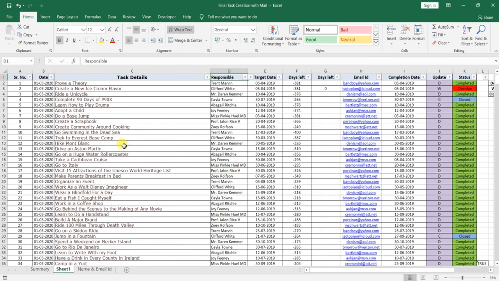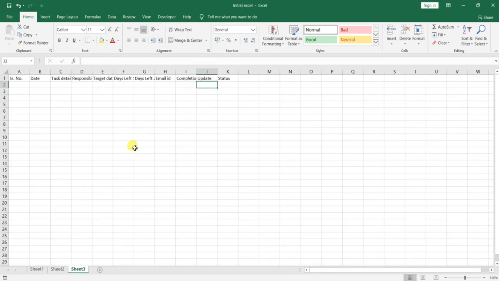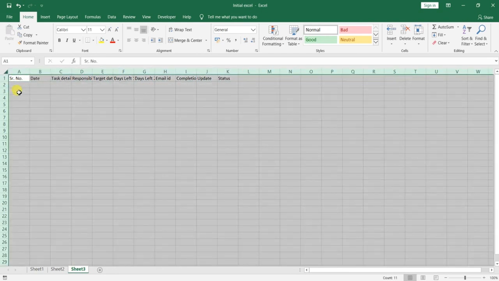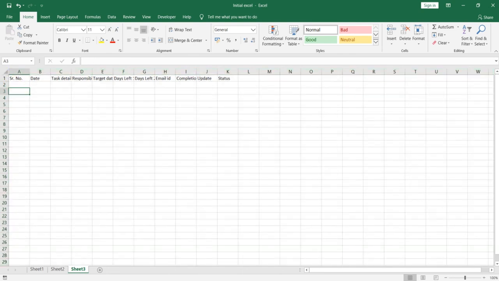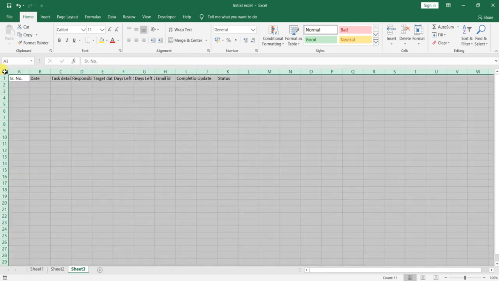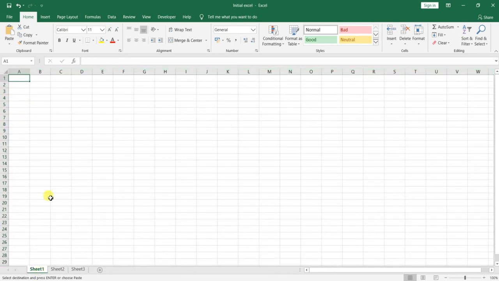But whether you have taken note of this or not, we have made this table in sheet 3, but we want it in sheet 1. So what we will do: Control A, pressing two times, or you can select by clicking this. Just copy, go into sheet 1 and Control V for pasting.